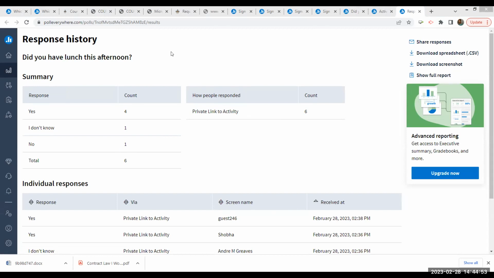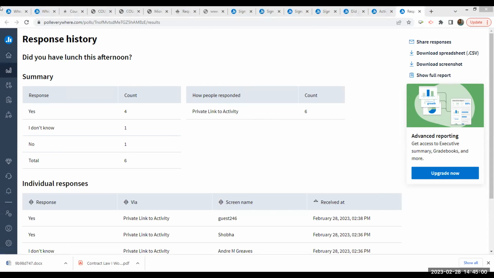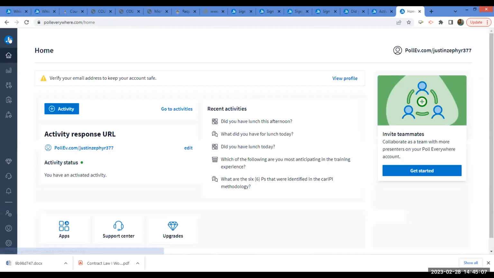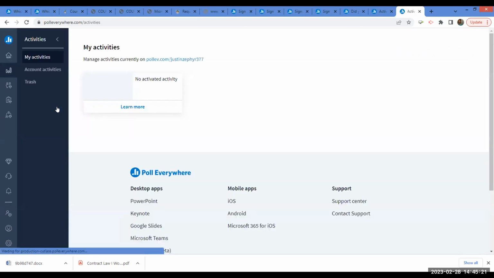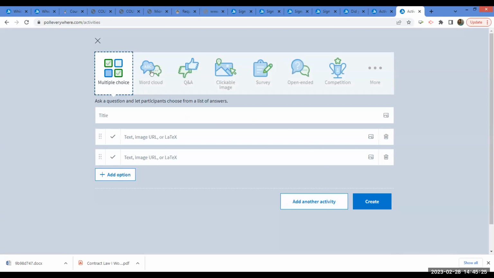Okay, great. So let's go back very quickly to create different types of questions because I want to show you how to do so. And of course, Christy, remind me, please, close to the end of this session, we'll definitely look into that. So let's click on activity again. You go to your home page and you click plus activity or add an activity. So you're doing it again. And this time, let's create an